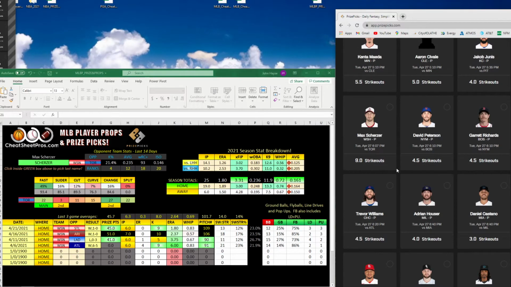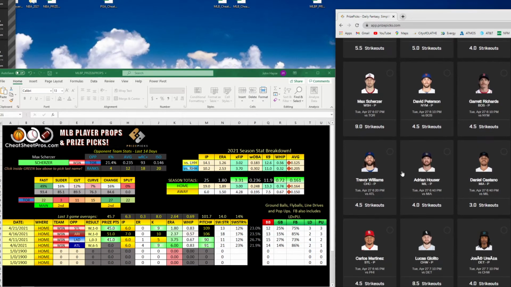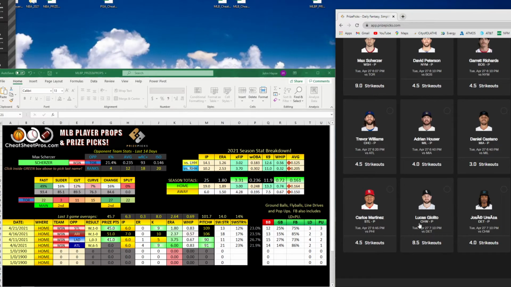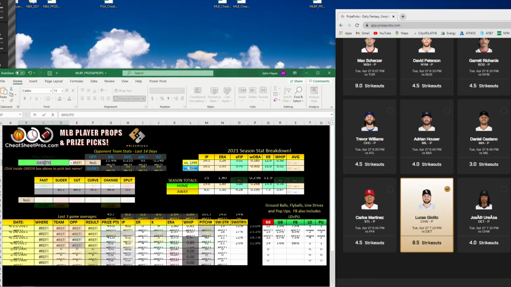So basically what I'll do is when I get time throughout the day, usually around lunch, I'll sit down and go through these and type them all in, look at them, and see who I like. So this one jumps out at me. Giolito, and then Detroit. I know Detroit has been awful. They've got a high strikeout rate, and I don't know if Gio is in the sheet or not. If not, I need to put him on the list to add him,